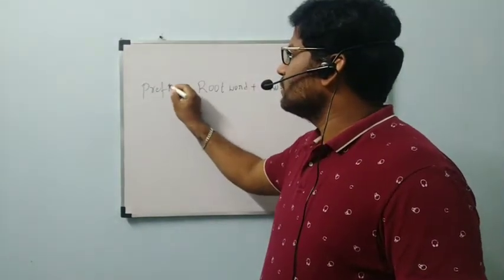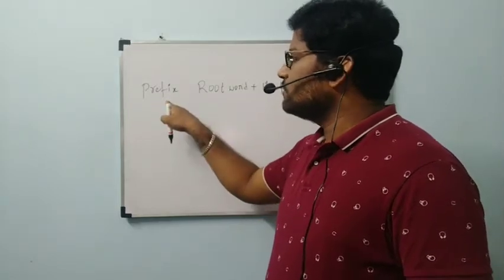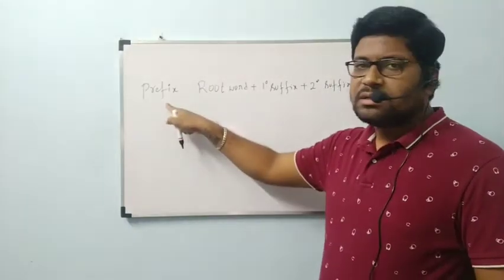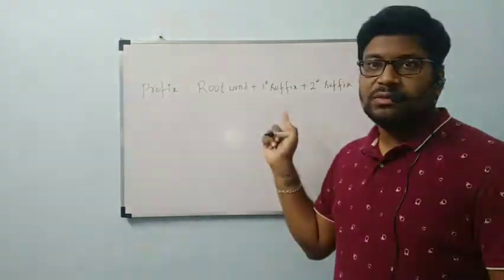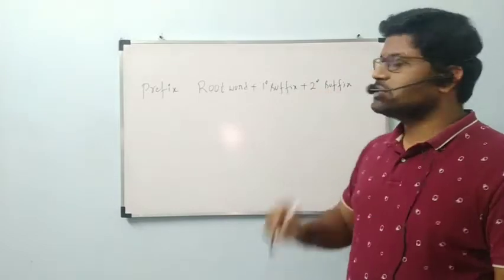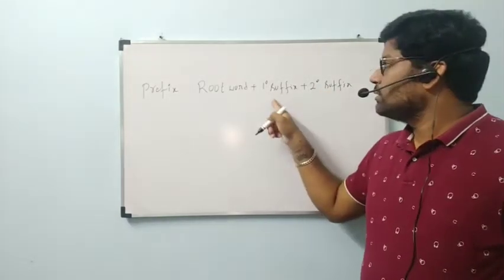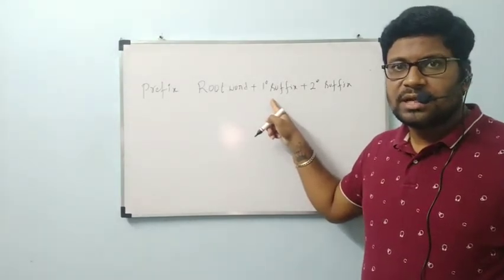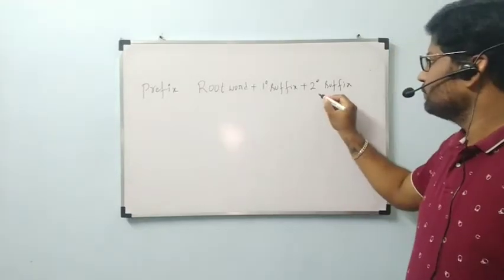Prefix means the name which is before the root word. Pre means before. The name which is before the root word is called the prefix. The name which is after the root word is called the suffix. Of the two types of suffixes, we have the primary suffix and the secondary suffix. The number of carbon atoms gives the root word. The primary suffix indicates saturation, single bonds, double bonds: an, en, yne. The secondary suffix is the functional group.